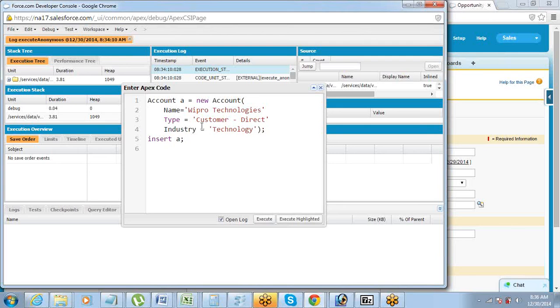So this code block should just go and create a new record with this name and this type and this industry in my Apex.